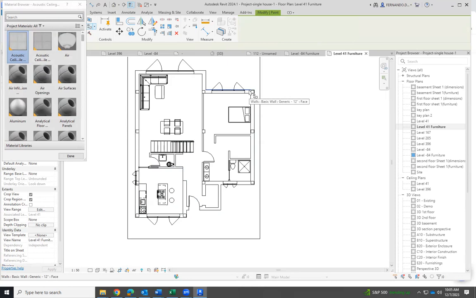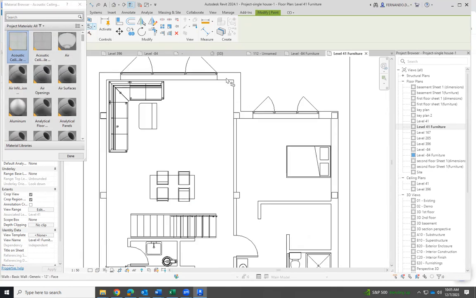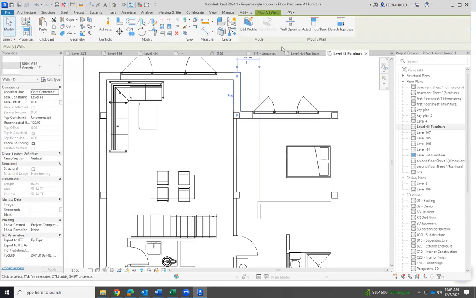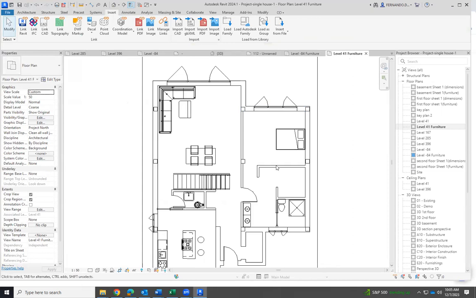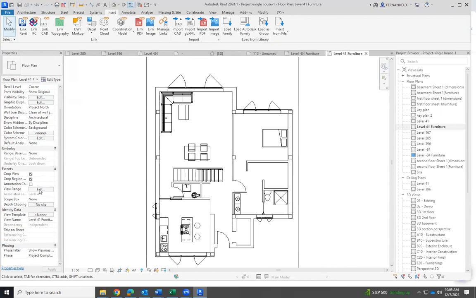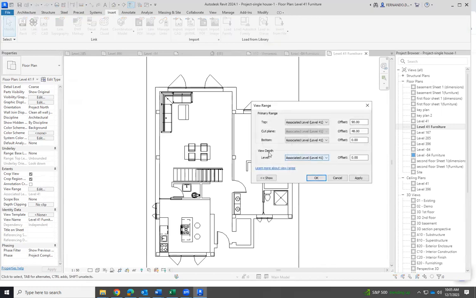This is not a floor. If we press the tab, well, we can select it, but at some point we have to select the floor. Okay, let me do this. And so we don't have the floor here, probably because on the view range, the depth is associated with level 41. If we type this offset negative 10 inches, and this is negative 10 inches too,